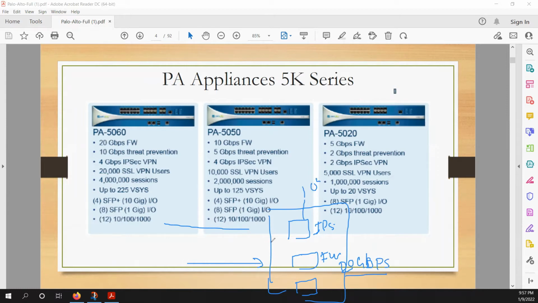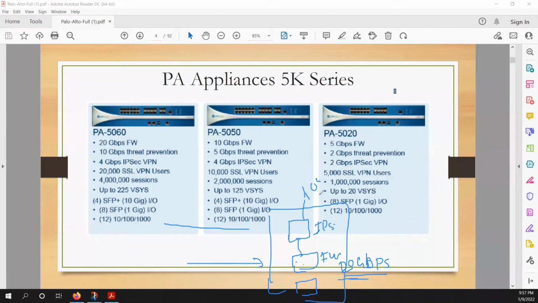What is happening actually, this is working on the AND condition. If your traffic is going through the firewall, and on the traffic, let's say you have enabled the IPS as well, that means the content would be scanned with the IPS as well. So IPS having 10 Gbps, but your firewall would be having 20 Gbps.